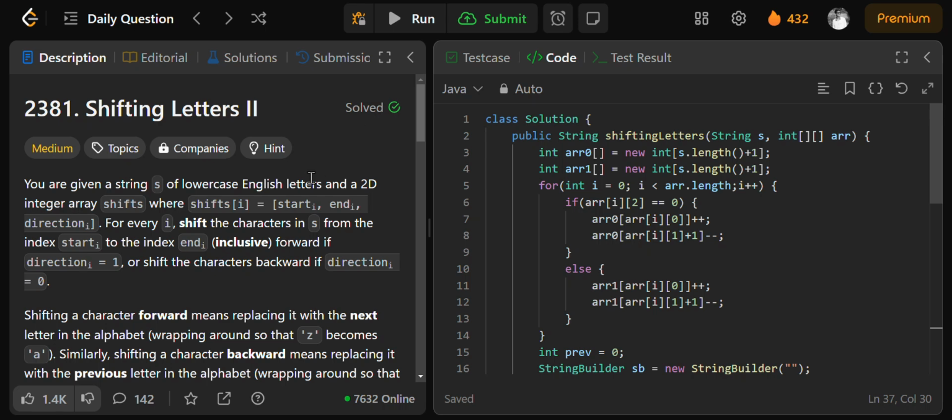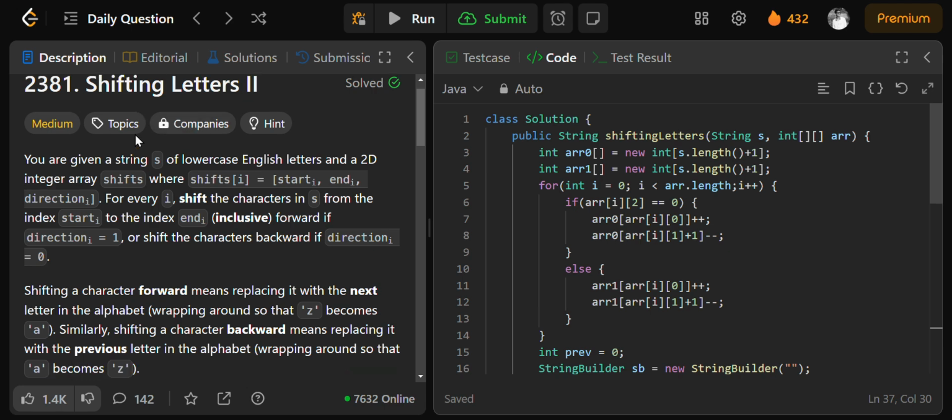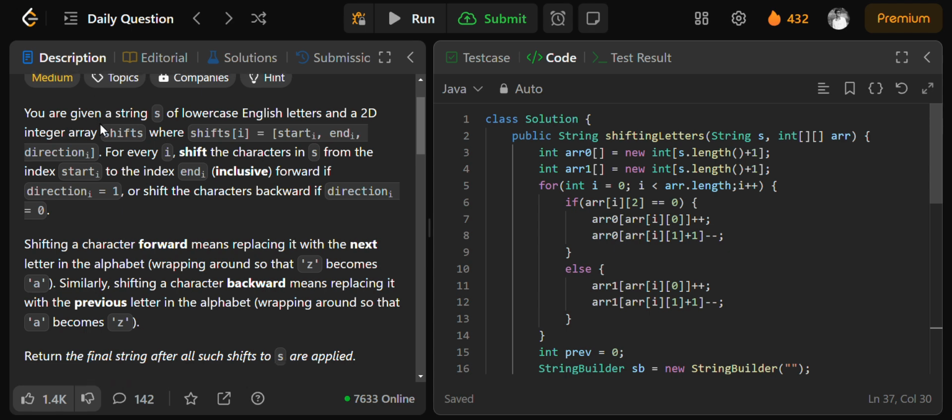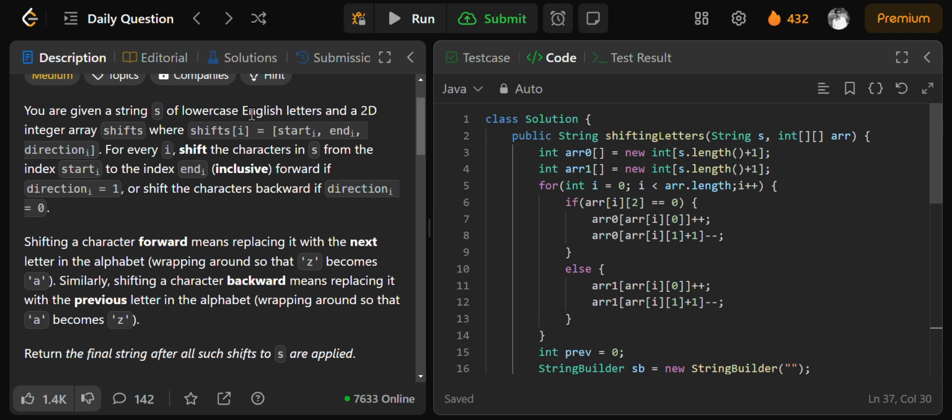Hello everyone, today we are going to solve LeetCode's problem Shifting Letters 2. So let's read the question. You are given a string s of lowercase English letters and a 2D integer array shifts where shifts[i] is equal to [start_i, end_i, direction_i]. For every i, shift the characters in string s from the index start_i to the index end_i,